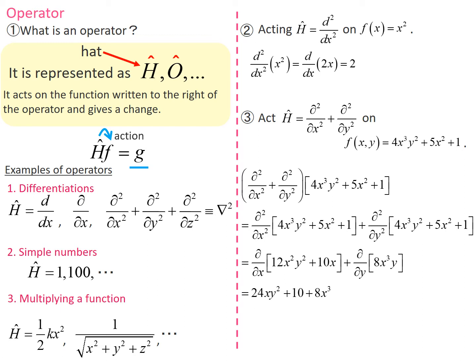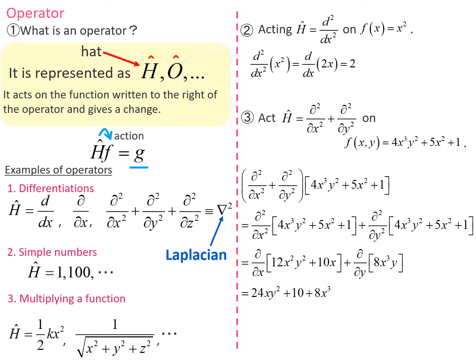This is the operator of the summation of the second derivatives of x, y, and z, which often appears in the Schrödinger equation. This operator, also called the Laplacian, is often expressed as the square of the del operator. When the differential operator acts on a function called f, f is differentiated and a new function called g is